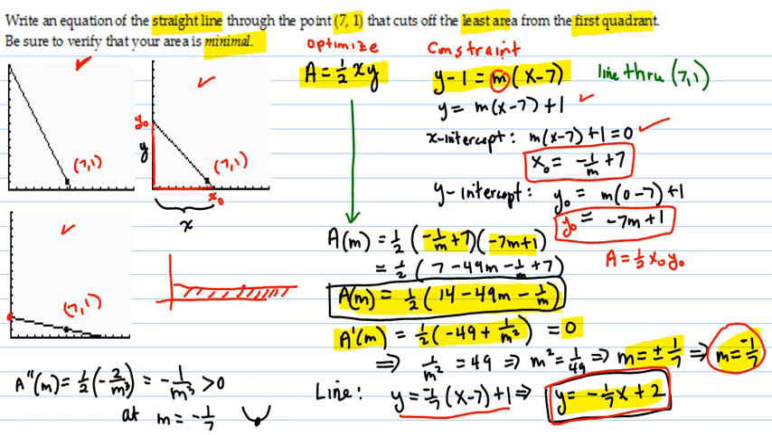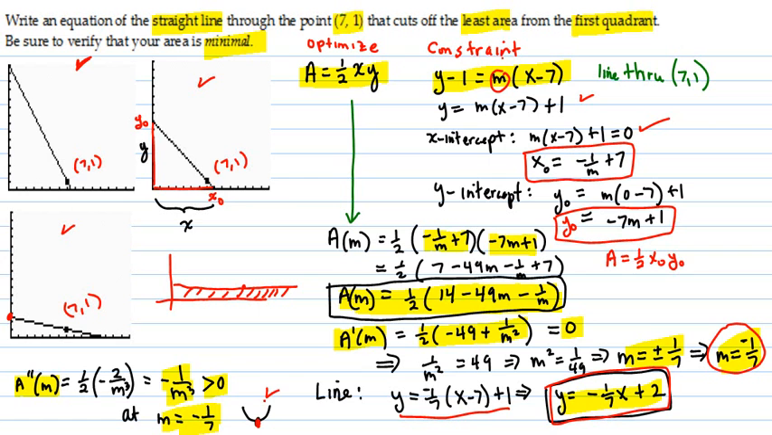And just to make sure that the negative 1/7 really was the slope that created the minimum area, then we have here, over on this side, a second derivative. We figured it out, and it's greater than 0 at the point m equals negative 1/7. So it's concave up there. So you have this concave up look,